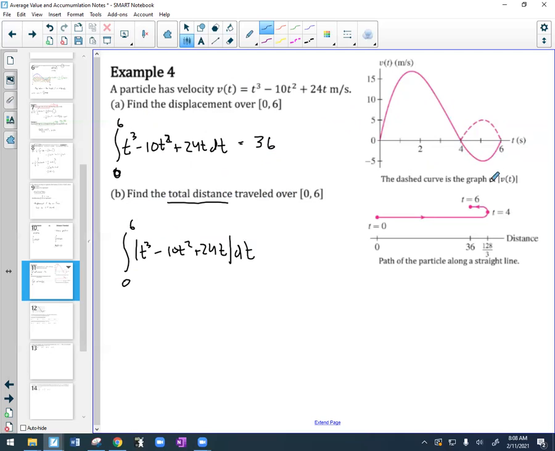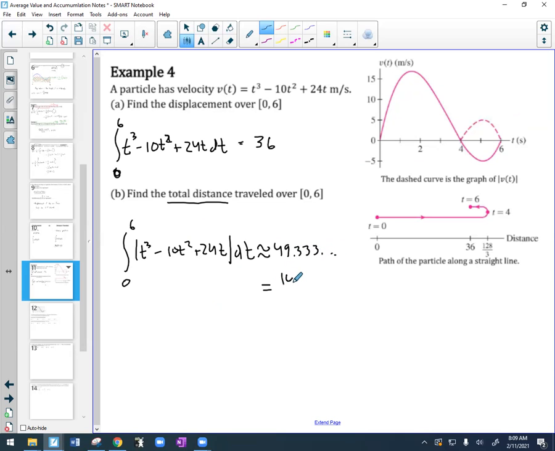Then this part here from 4 to 6, where it goes negative, is a positive part. It bounces right there at 4 because it can't be negative, it's the absolute value. What that means is, instead of subtracting this area, when I do the integral, I'm adding that area again. When I do this, I get about 49 1/3,